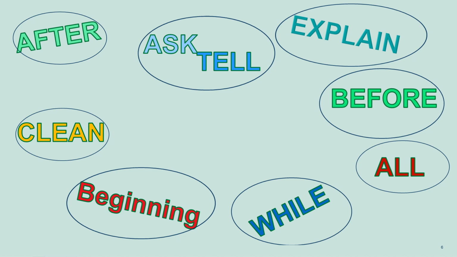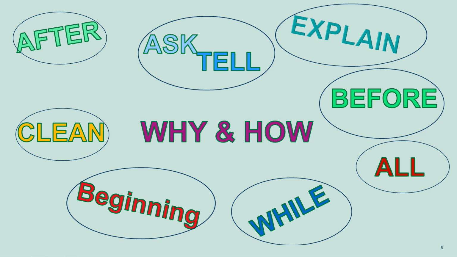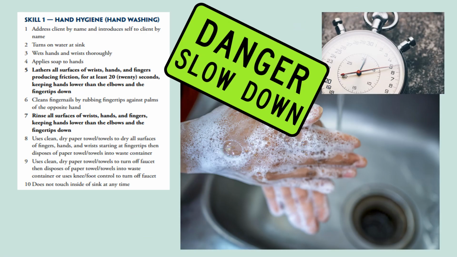And most importantly, the best way to help candidates succeed is to make sure that they understand why they're performing the skill and step and how the skill step is to be performed based on best practice. The first skill is always hand hygiene, and for many reasons, this is one of the most important skills. Candidates often rush through this skill, possibly nerves, or simply they are not as concerned with the skill. After all, it's just hand washing. We do that all the time.